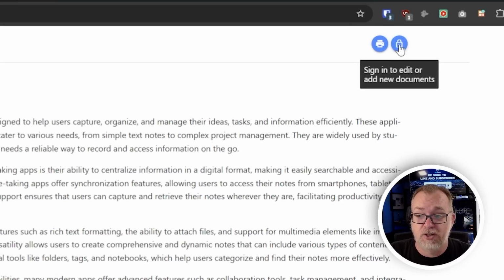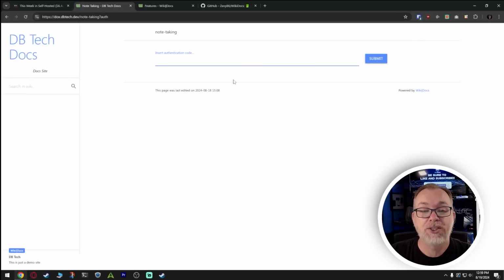The other button up here at the top right is to sign in to edit or add new documents. So we're going to click that. What's your authentication code? Basically, what's your password? This whole site only relies on a password. There is no username. And I know some people are going to have an issue with that, and I kind of get it. But you're going to have to provide your own security in certain aspects. Make sure that your authentication code, your password, is strong and not easily guessable. That's what I'm going to tell you there: make sure that you've got a good, solid